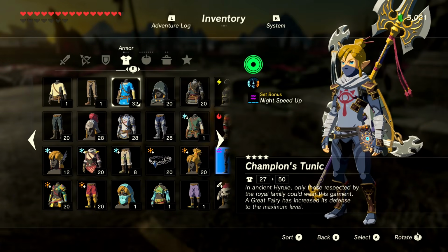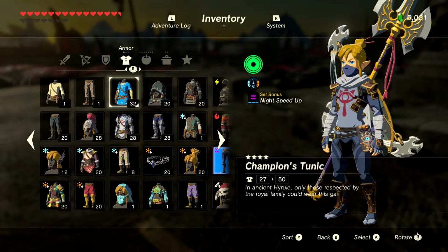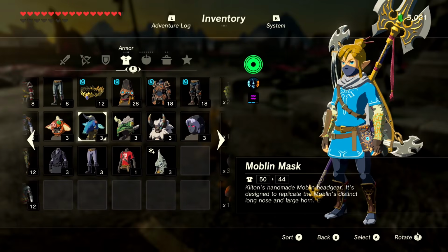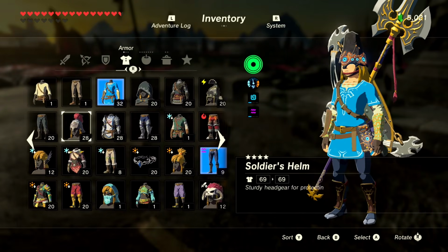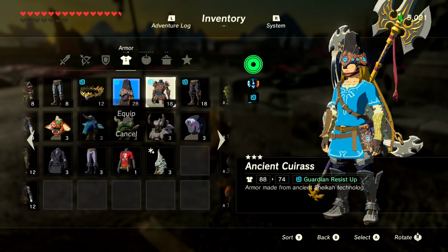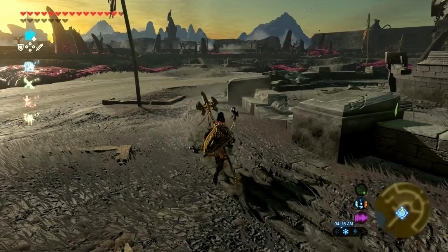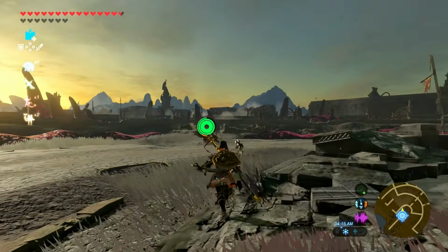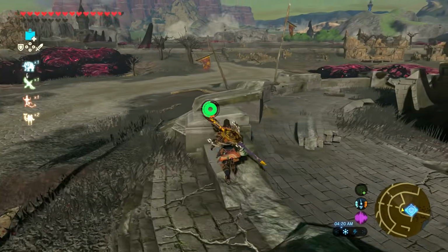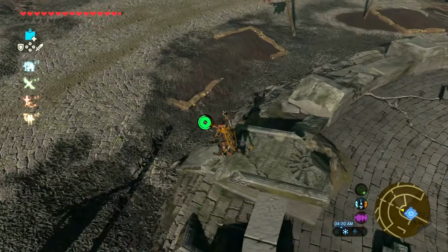I forgot this does 32 protection now, the champion's tunic. Combine that with 28 maybe? Yeah, 28 and 28. We get 88 protection. It's crazy. But we can trade that for 64 instead in return for better defense against guardians and more damage when using